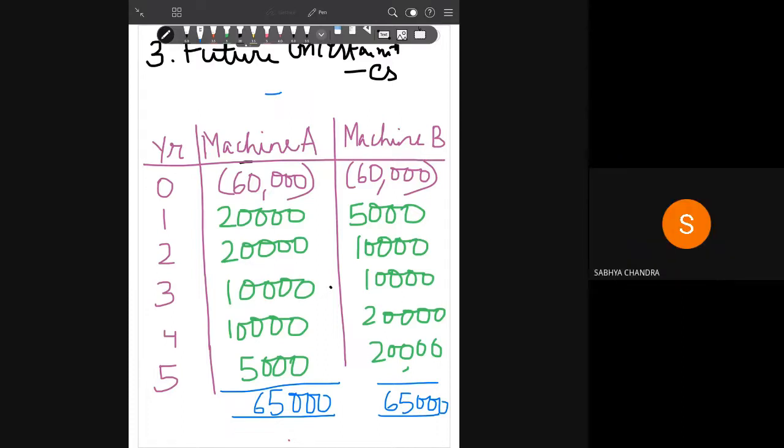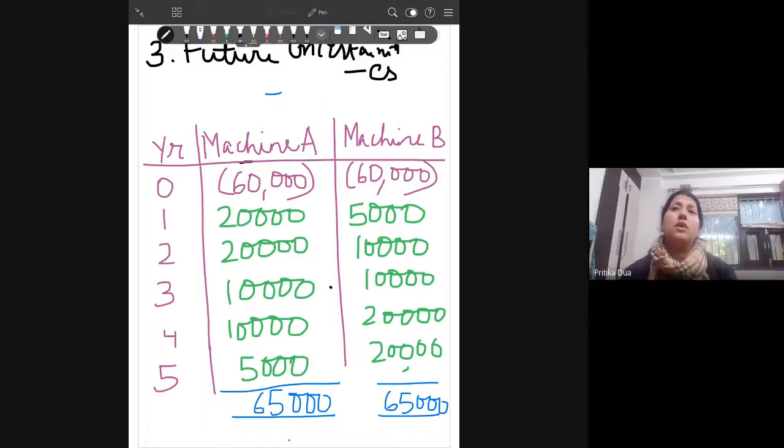Ma'am, I wrote this because its utility is increasing over time. Okay, you have a reason there that its utility is increasing over time, but Sabhya, the utility of the machine is only 5 years, it will not operate beyond that. So it is always